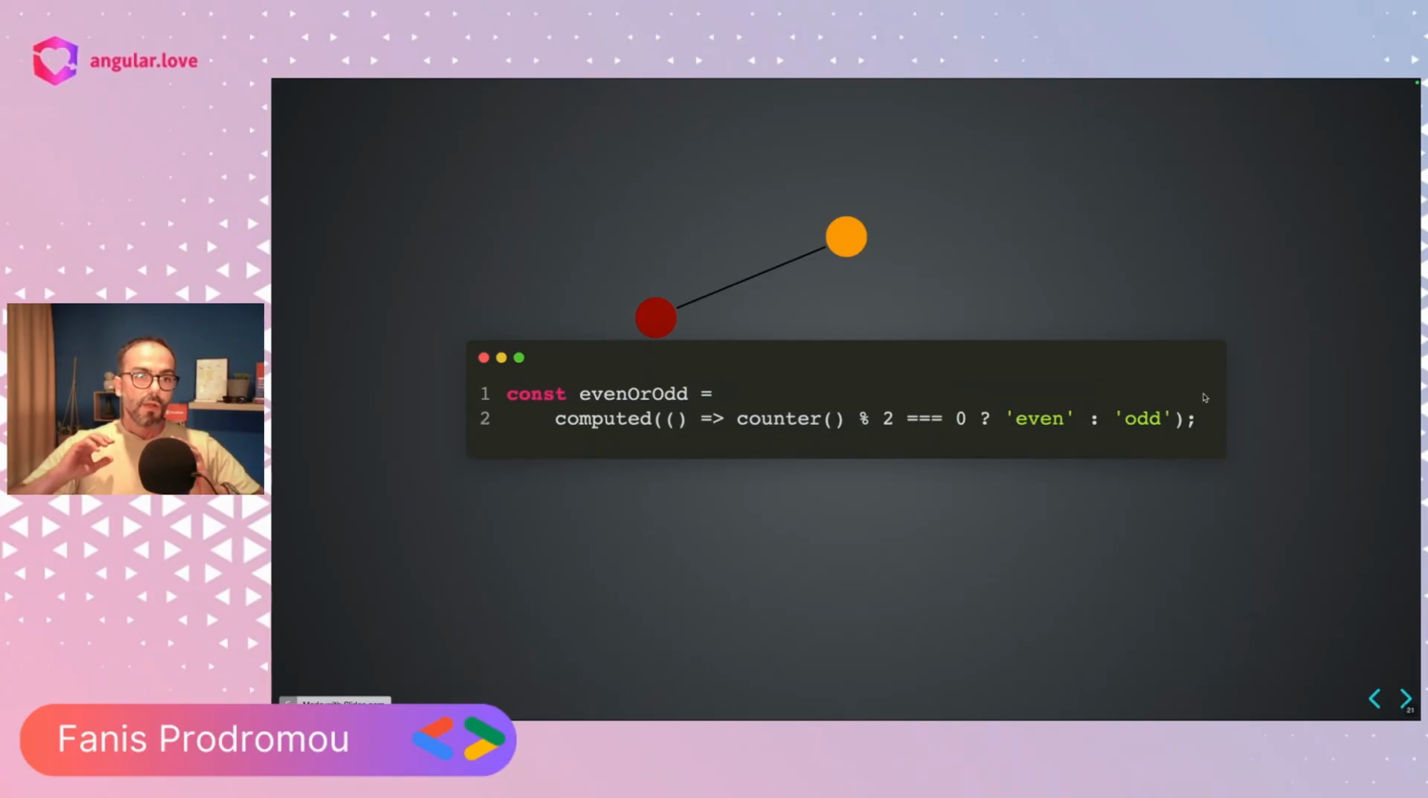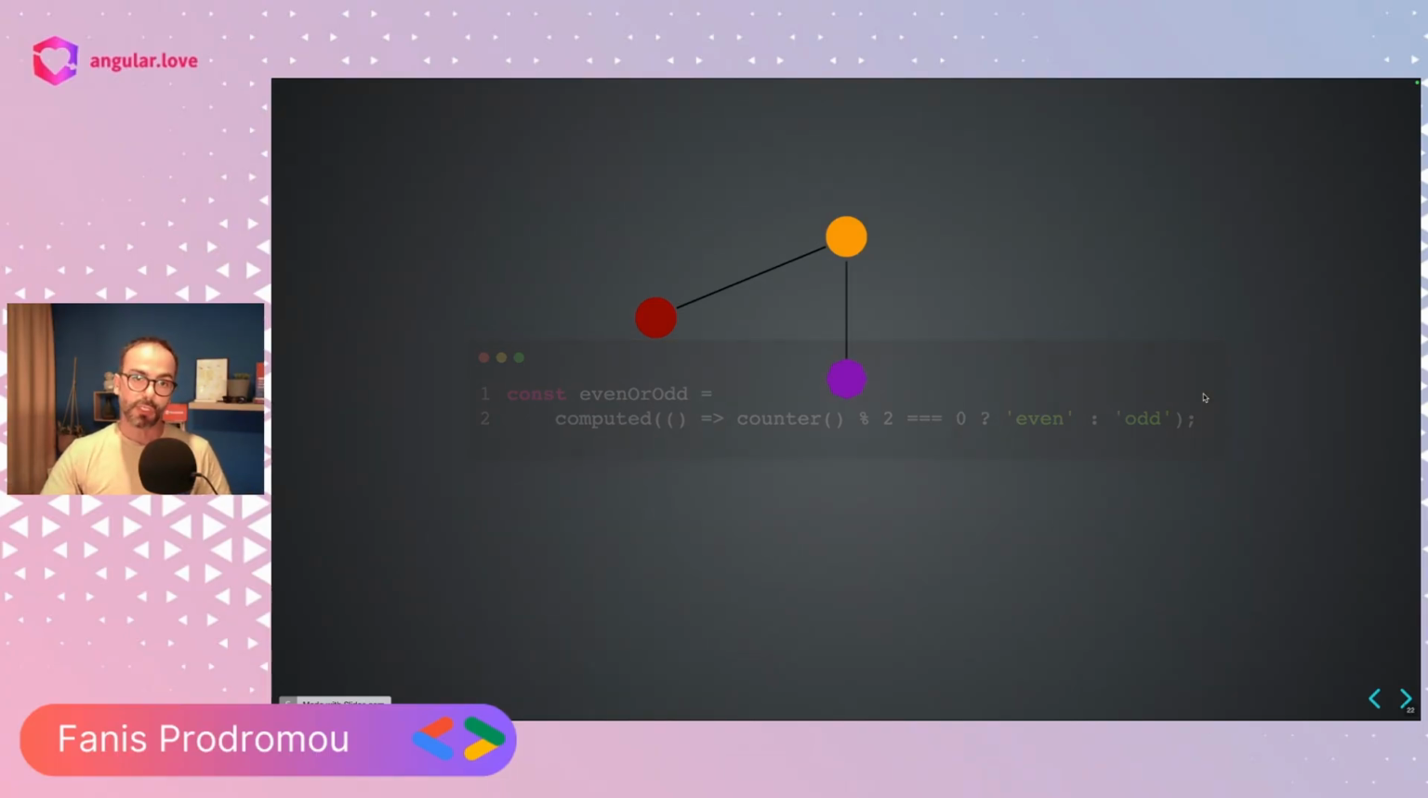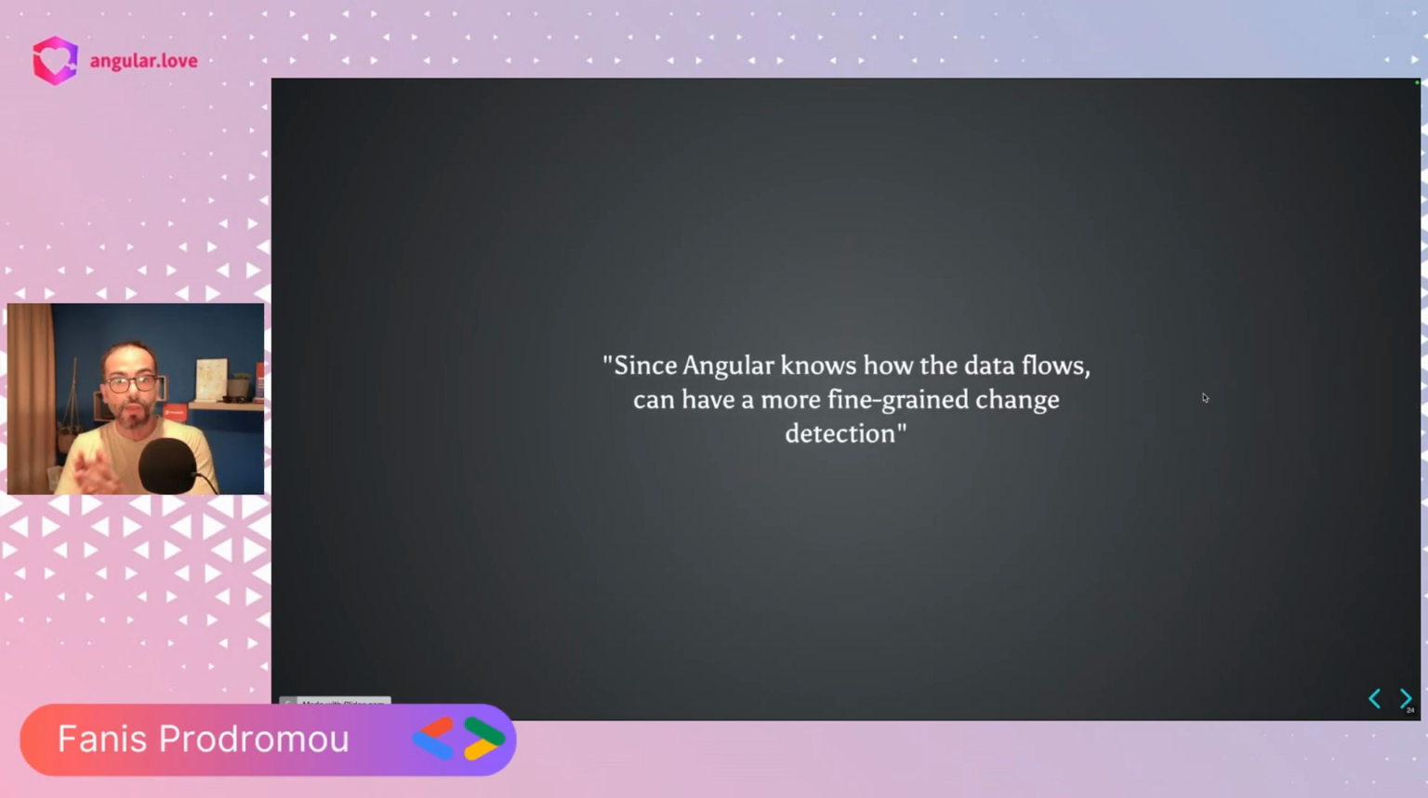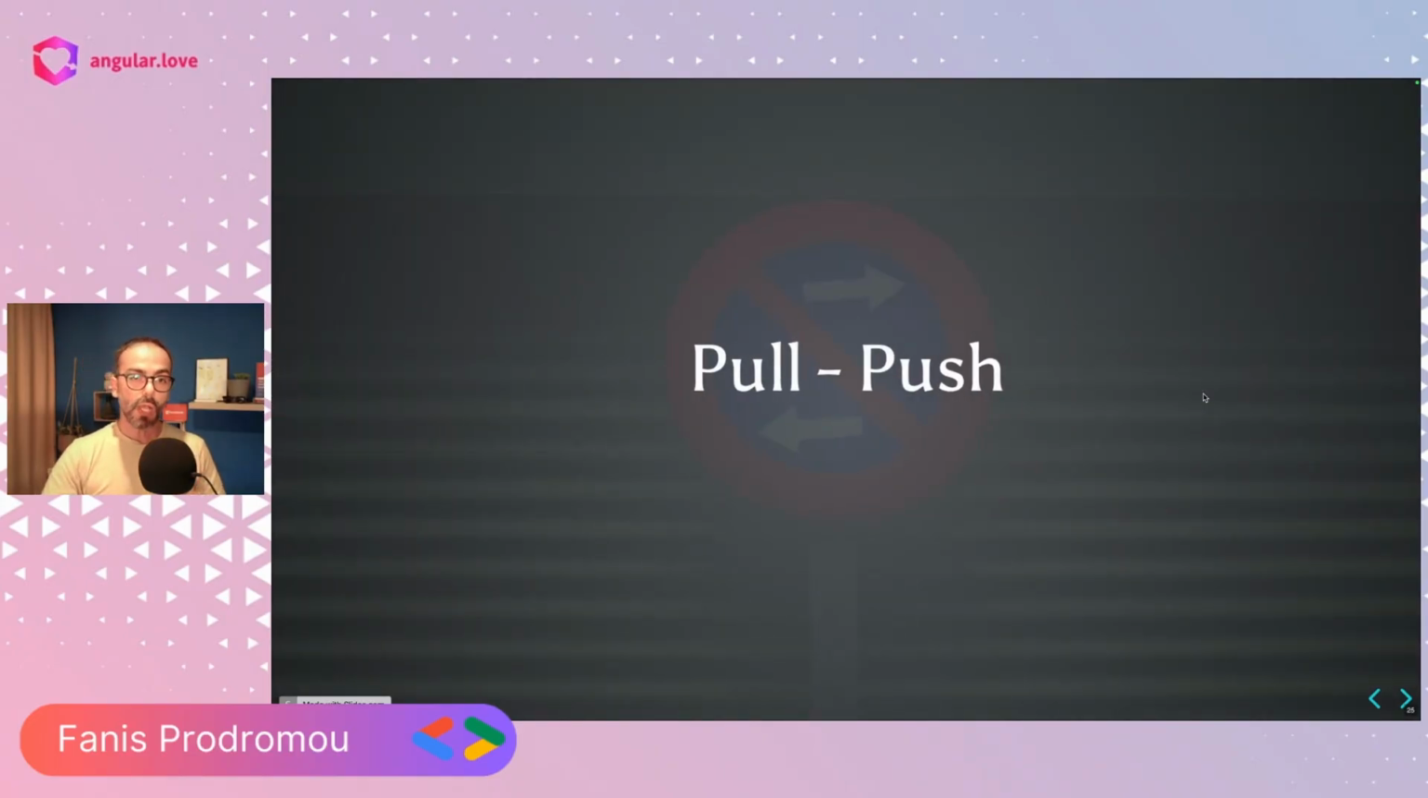And the graph will continue to grow for as many signals as we use. And now we have a more fine-grained change detection, and Angular knows how the data flows, which is amazing. And someone would say, is this how we have that great performance? Well, yes and no. We also have the so-called push-pull, which is an amazing algorithm, and I will show you